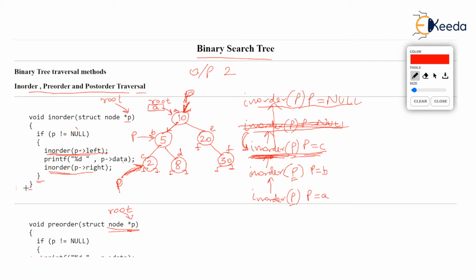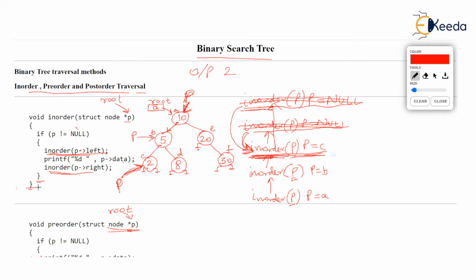So remember, from now onwards, whenever inorder function is called with parameter p as null, it doesn't do anything but simply ends. And after it ends, obviously the calling function resumes, isn't it? Who called this inorder where p was null? Obviously, yes, this one where p was at c had called that function.